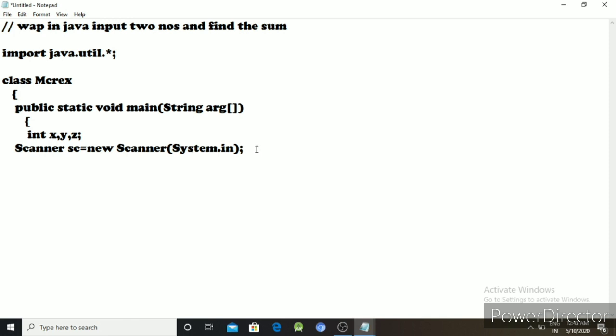Then next one, System.out.println, that means you enter any two numbers.